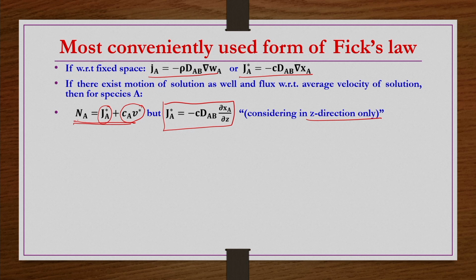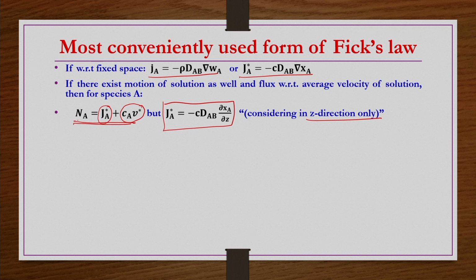Now, this equation we can use only if we know the V star, and the V star, the local molar average velocity, is in general not available. Bulk average velocities etc. are available for a given system and are measurable. For most systems you cannot always use a pitot tube or laser Doppler velocimetry to find these local average velocities; that is not possible. So, then we need to have an expression.